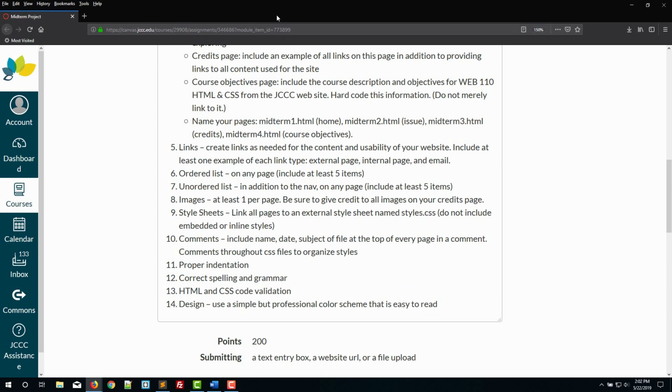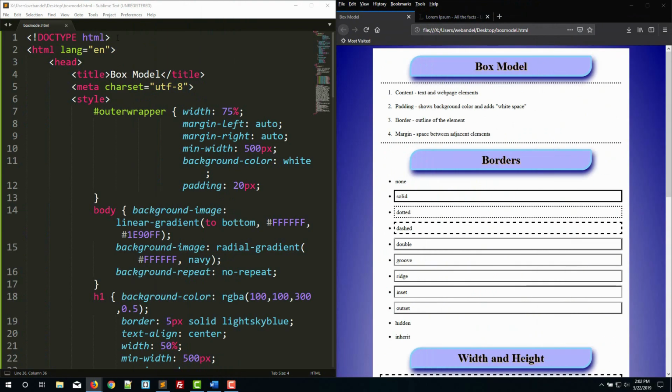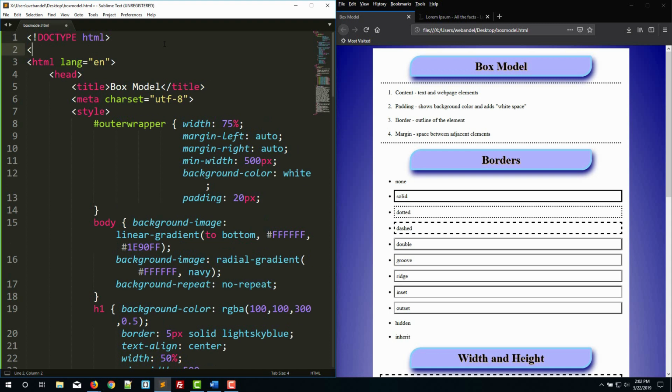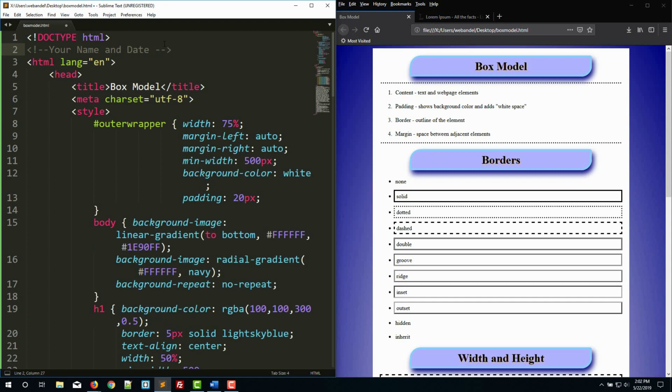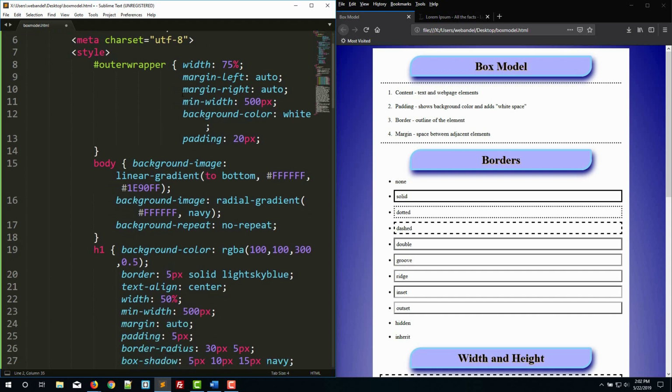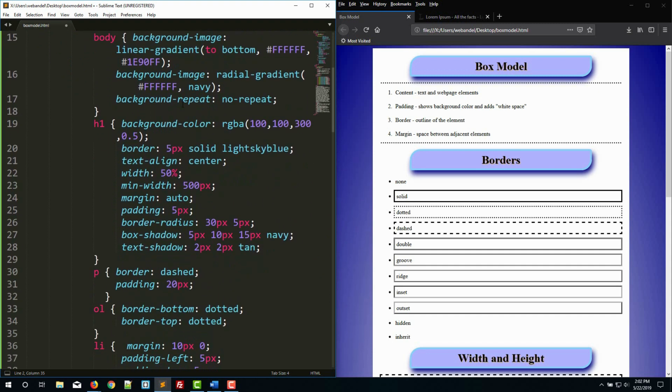Create proper comments. So that's going to be adding, and I actually forgot this. I get so caught up in what I want to do next that I forget. So creating a comment up here, and for your midterm I want you to say the subject, so what the page is. On your style sheet I want you to also add descriptions. So you can have a comment in here that says